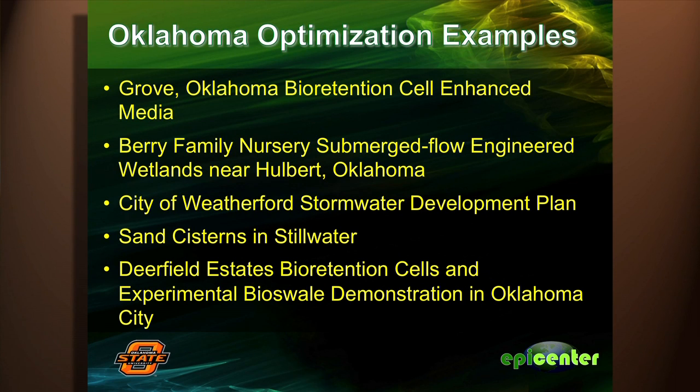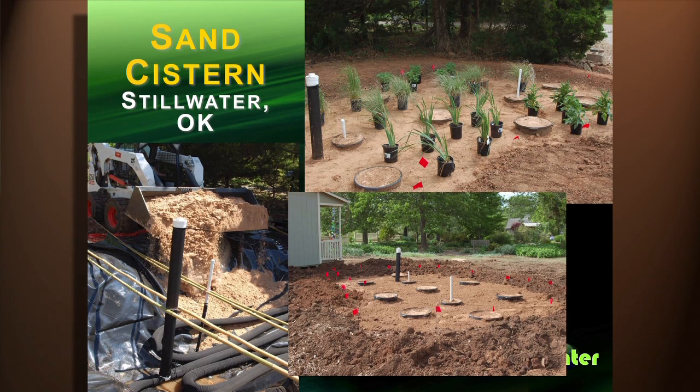Sand cisterns that are in Stillwater, this is actually kind of a cool optimization thing in my opinion. This is another one of Dr. Brown's inventions, maybe isn't the right term, although I'm sure this type of thing's been done for a long time all over the place. But basically it's kind of a combination of a bioretention cell and a rainwater harvesting system. Put a liner at the bottom of your bioretention cell so you hold the water in there,